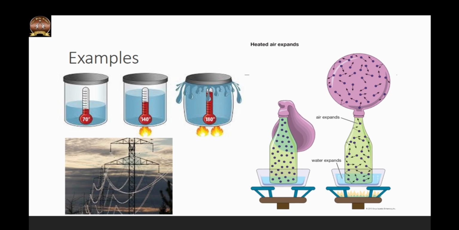For example, when electric cables are laid out, they are never tied out too tightly. Could you guess why? Well, this is because in winters these cables would contract and pull against each other, causing them to snap or break. Therefore, they are left sagging so that they have space for contraction. In summers, they would expand, causing them to sag even more.